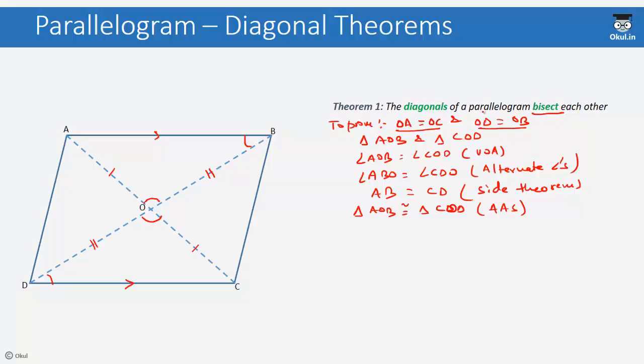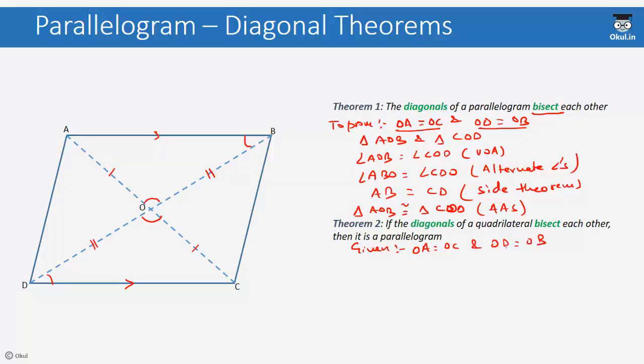Now theorem 2. Theorem 2 is again a reverse of theorem 1. It states that if diagonals of a quadrilateral bisect each other, then it is a parallelogram. Here it is given that OA is equal to OC and OD is equal to OB, and we need to prove that ABCD is a parallelogram. If we look at triangle AOB